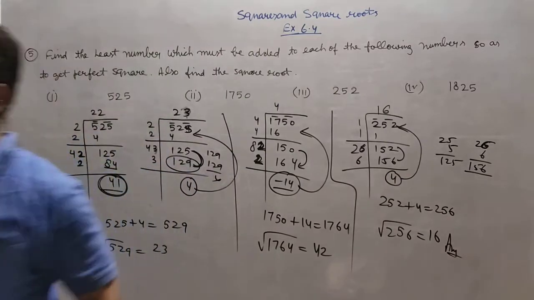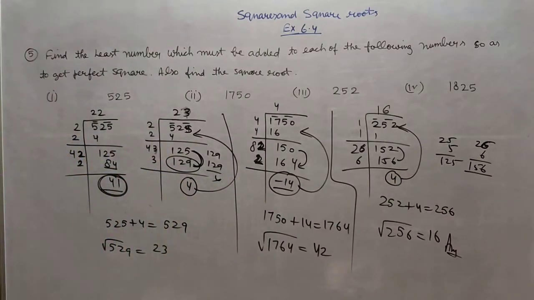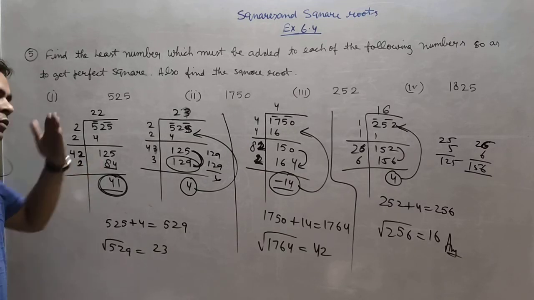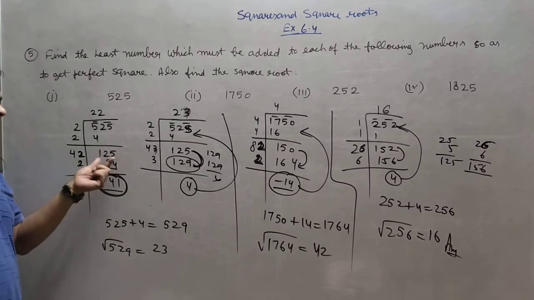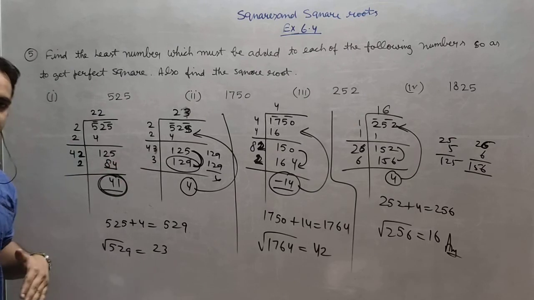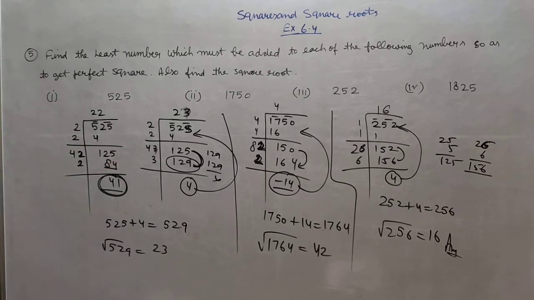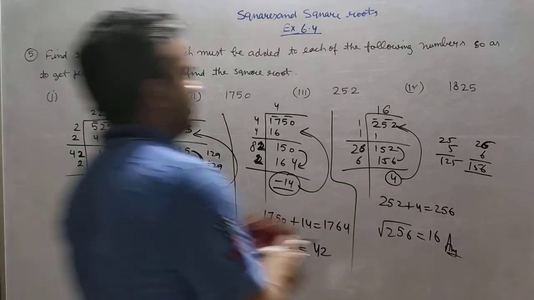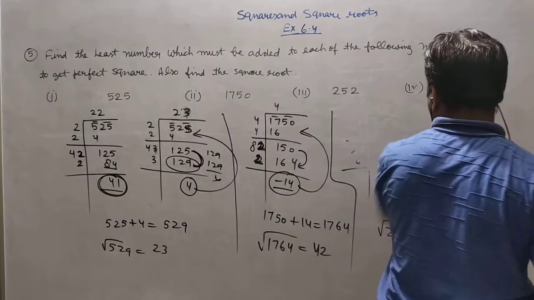Right? So it means in addition, whenever we are taking the last step, we have to go after this number. Generally we take before this number for square root. But here what should be added? We will see what is the extra number which can make it a perfect square. Right? And similarly you can use it with 1825 also.